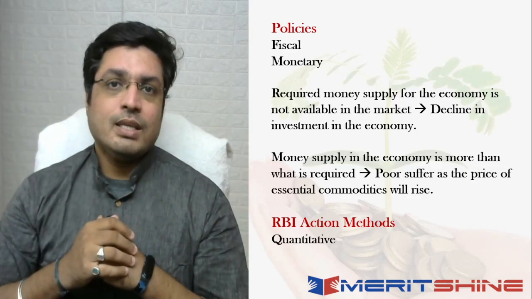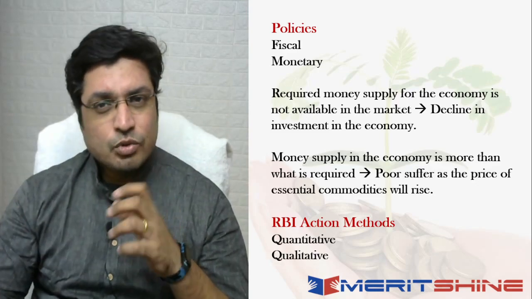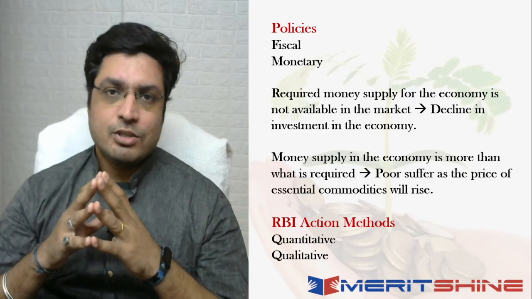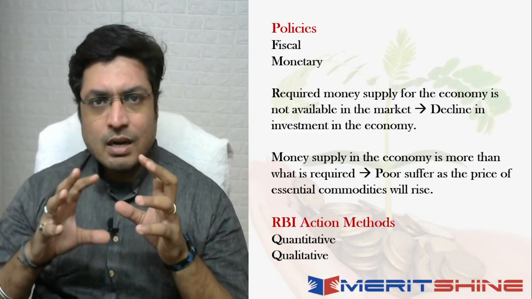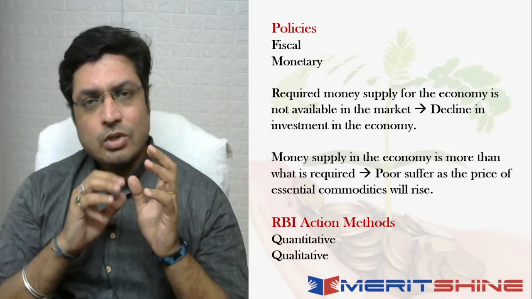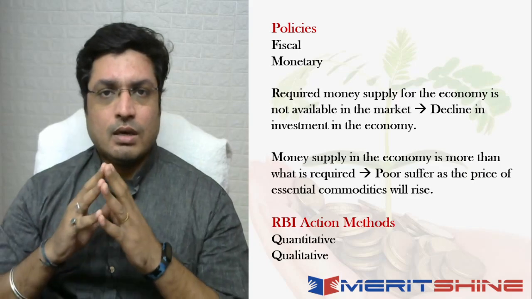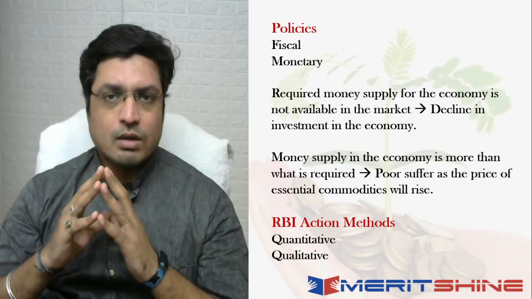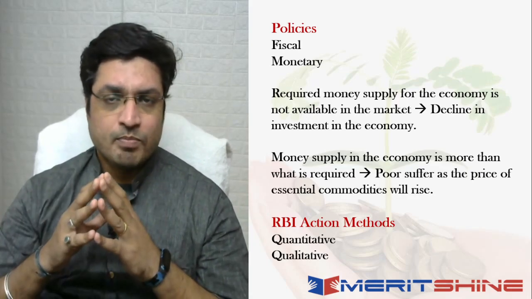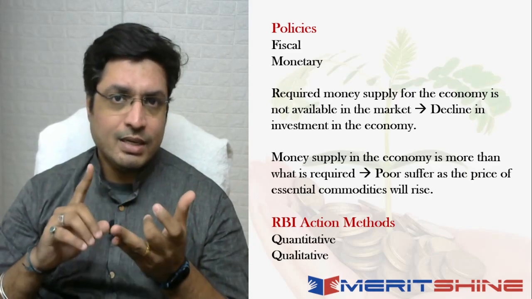And the other way that the RBI can influence the monetary policy is through qualitative actions that it decides to take, wherein it's not necessarily controlling anything from an interest rate perspective, but it is doing certain things which indirectly have an impact on the money supply and the overall level of, let's say, credit in the economy. So these are the two primary measures that the RBI can essentially take, which is qualitative and the